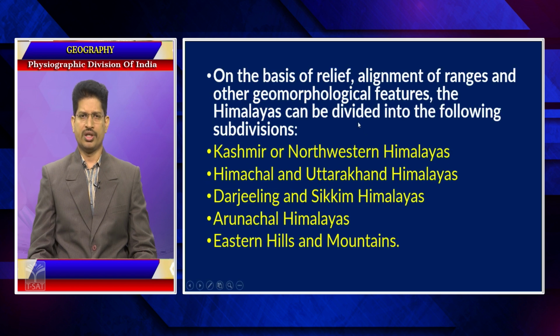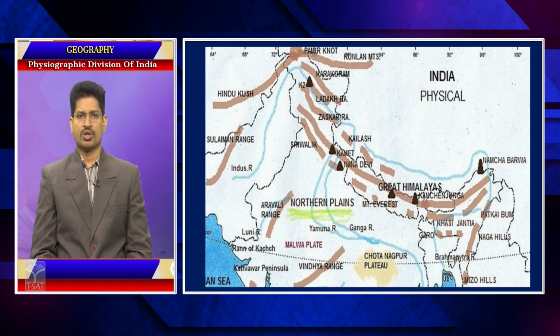On the basis of relief, alignment of ranges and other geomorphological features, the Himalayas can be divided into the following subdivisions: the Kashmir or Northwestern Himalayas, Uttarakhand Himalayas, Sikkim Himalayas, Arunachal Himalayas, and Eastern Hill and Mountain Himalayas. So a question can be asked in any way, so on this basis you must be able to answer a question being given. So for example,